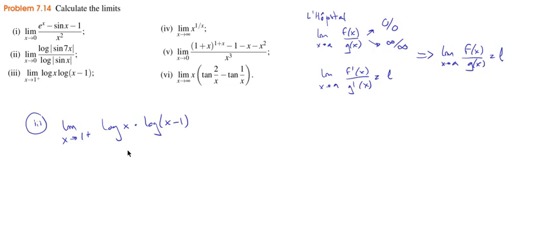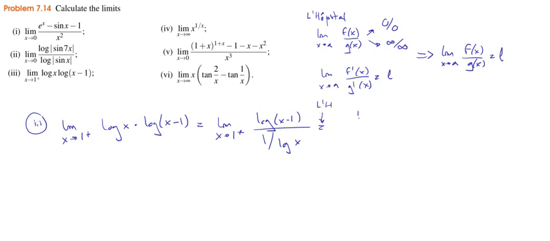So one way to write this, in a way that we can apply L'Hopital's theorem, is to say this is the logarithm of x minus 1 divided by 1 over the logarithm of x. And now we know that 1 over the logarithm of x is going to go to plus infinity, right? And so this is okay. We can apply L'Hopital's rule